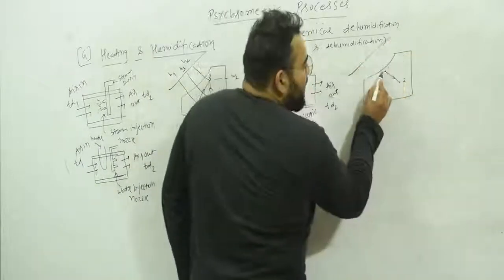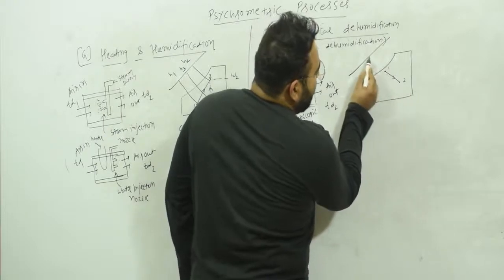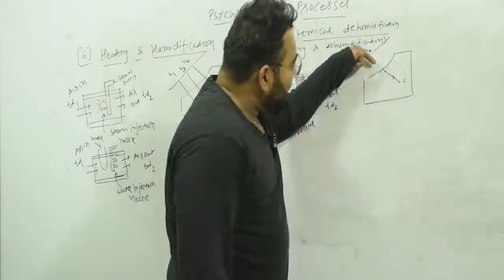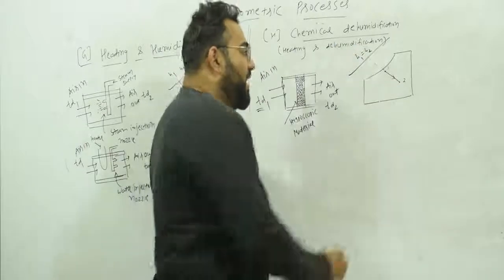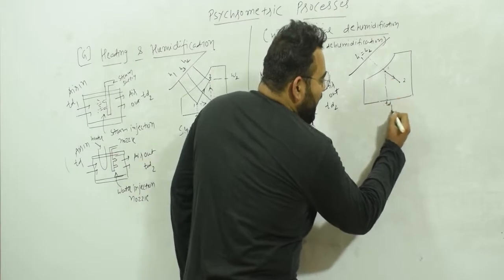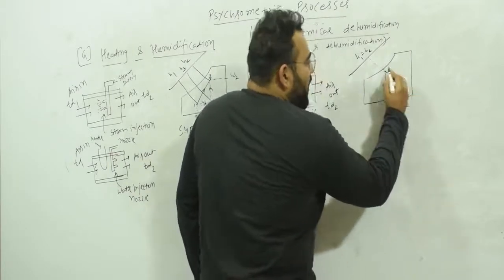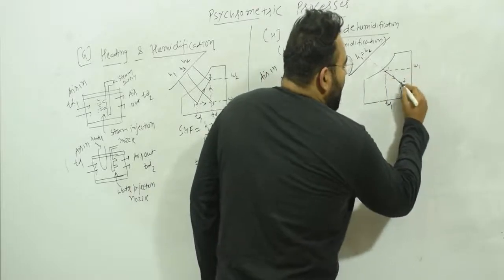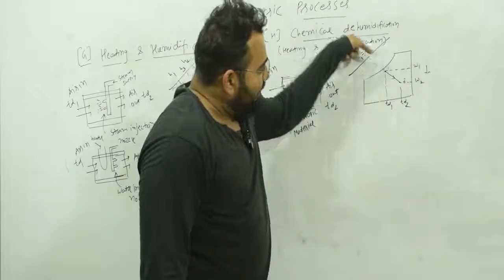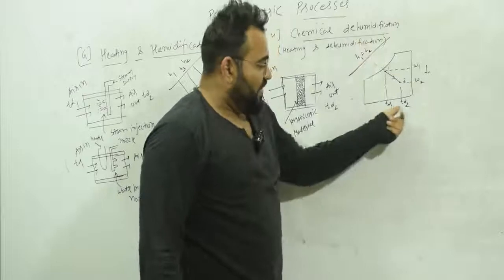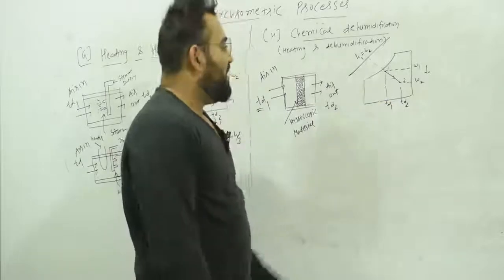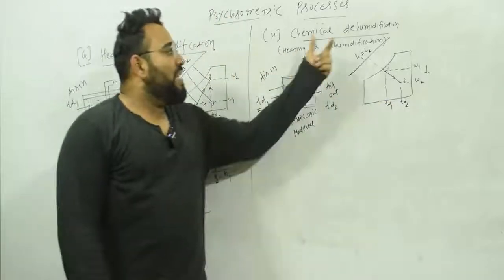So you can see this is heating and dehumidification. At point 1 and 2 you can see that the enthalpy is the same, H1 equal to H2. That's why this process happens at constant enthalpy. At point 1 the temperature is TD1, at point 2 the temperature is TD2, at point 1 the specific humidity is W1, and at point 2 it is W2. So you can see that humidity decreases, and since the process happens at constant enthalpy, the temperature is also going to increase. This is why it is known as heating and dehumidification, or chemical dehumidification.